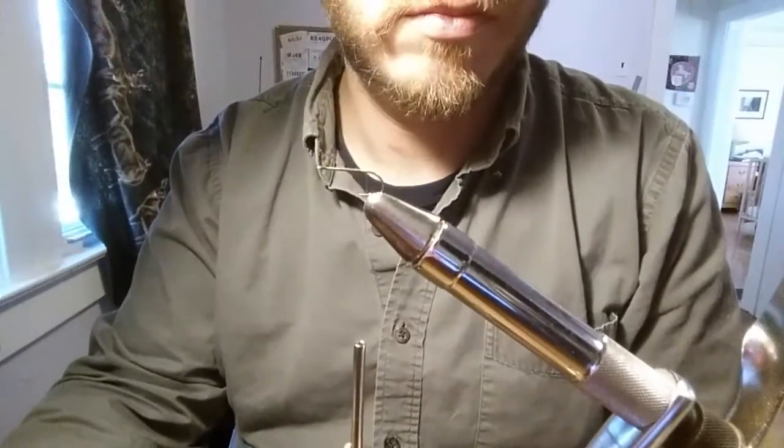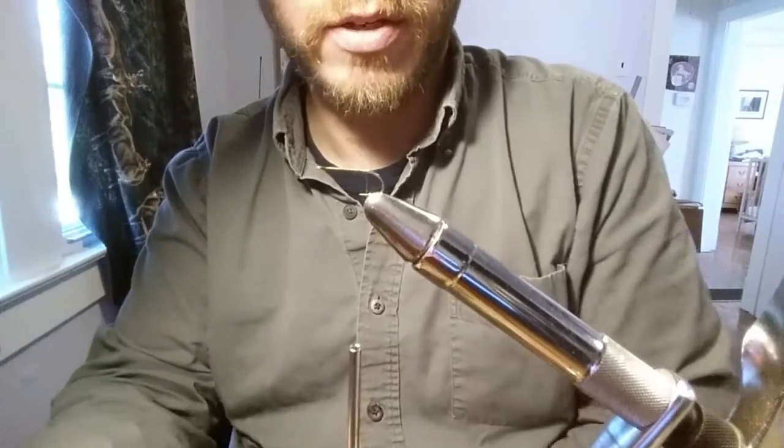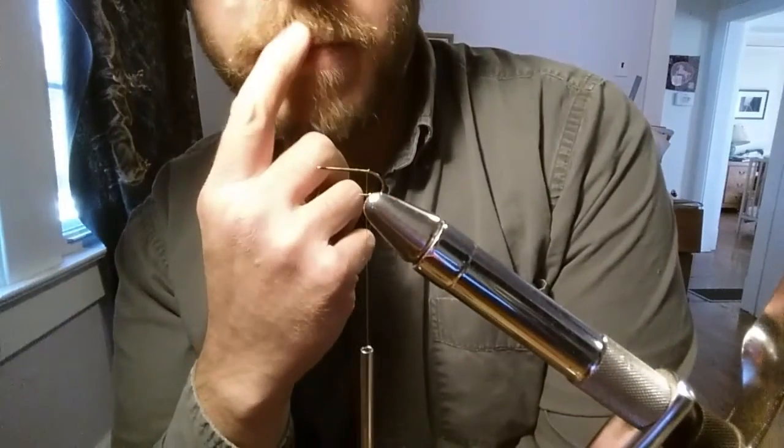Okay, size 16 Daiichi 1100 wide gap hook. Right, good. The barb has already been mashed. Mash the barb, right? And then...